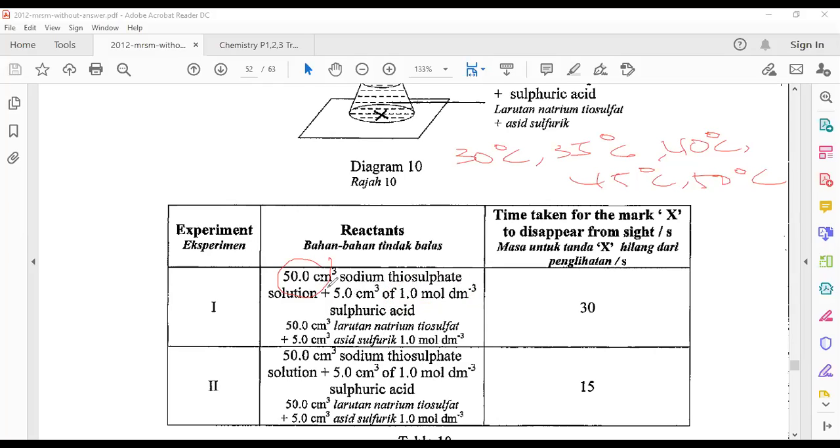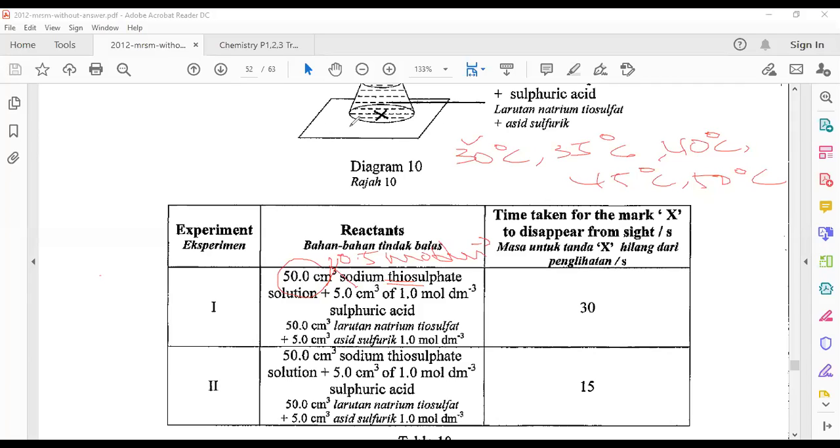This 50 cm³, you are now going to add in your own concentration. You can put 0.5, you can put 0.2, no problem. Let's say I'm using this 50 cm³, 0.5 mol/dm³ of sodium thiosulfate solution into the conical flask. Then you are going to heat it to 30 degrees Celsius, place it onto a piece of paper